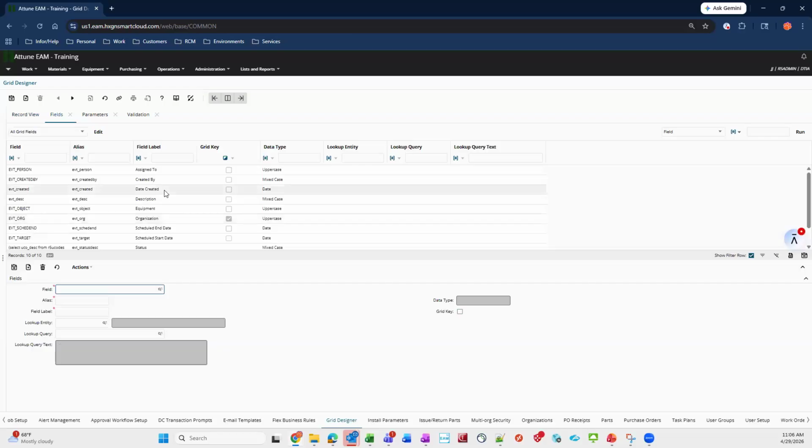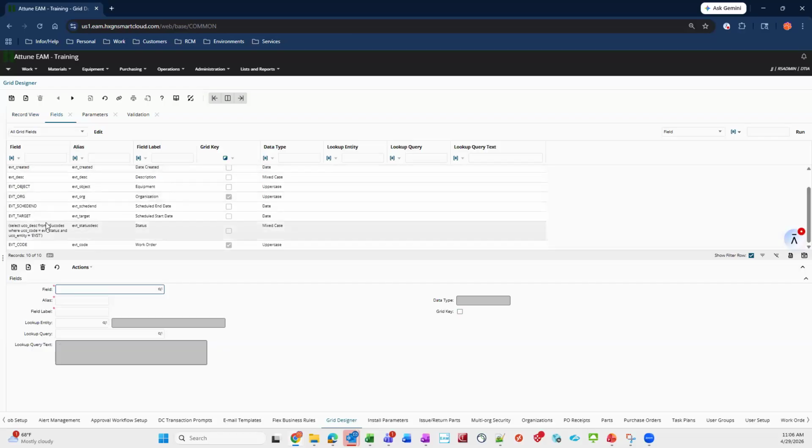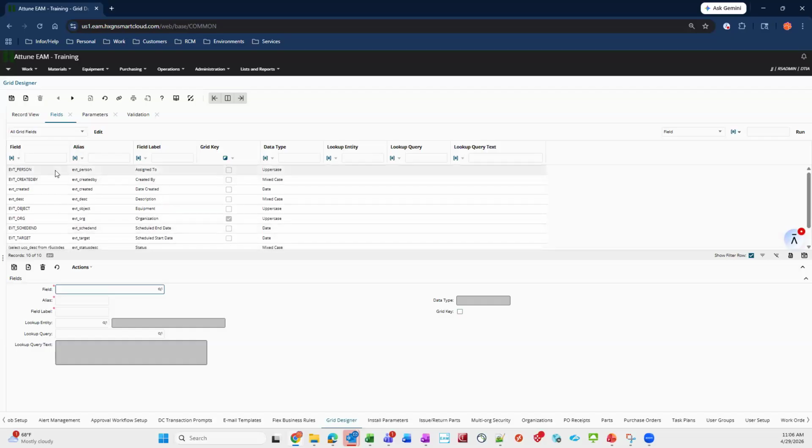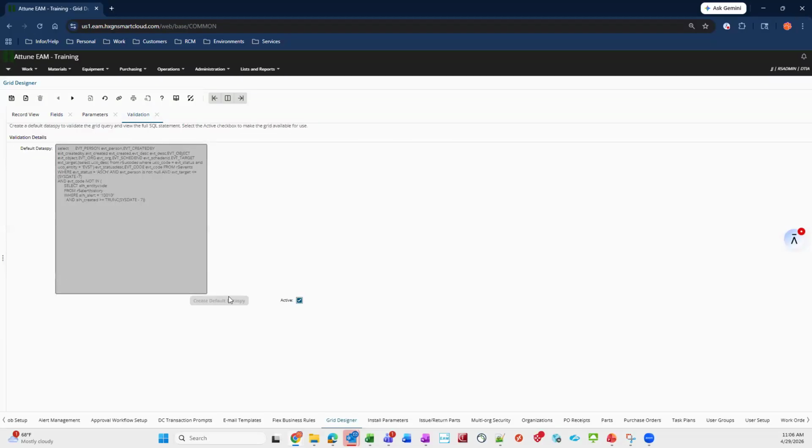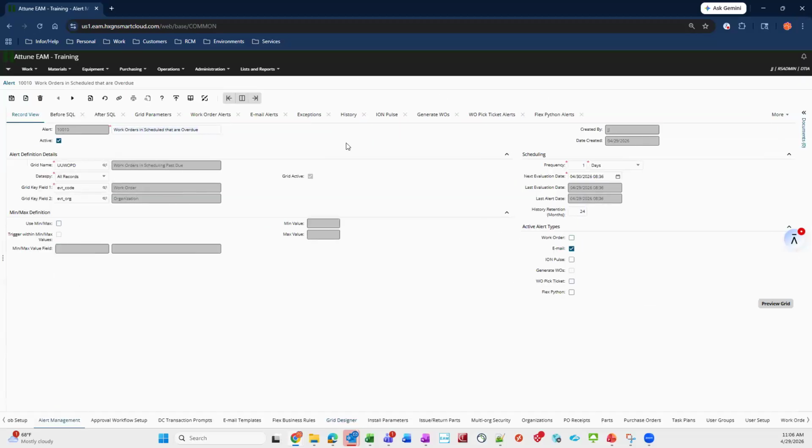And here, I added a bunch of fields. This one's pulling in the status description here, but overall, this is going to be pretty straightforward, all just basic R5 events fields. I go to validation, I create my default data spy, and then I act. So now my grid has been created, and I'll show you what that looks like within alert management